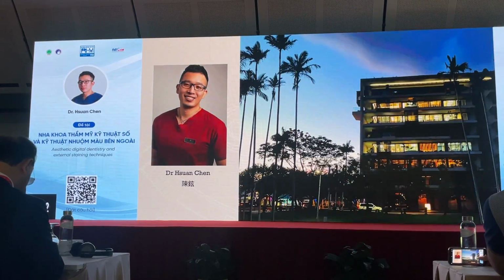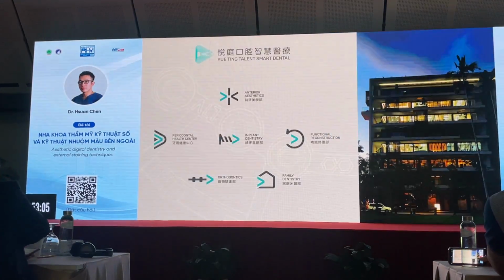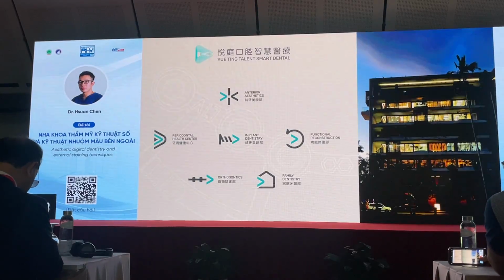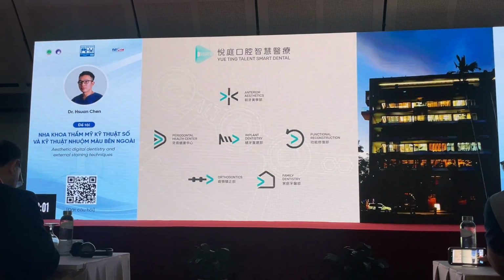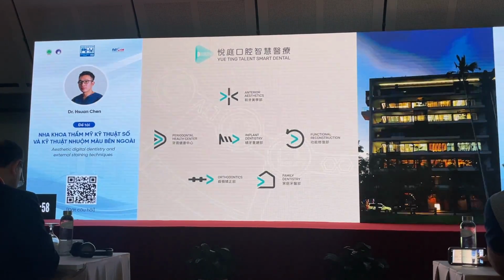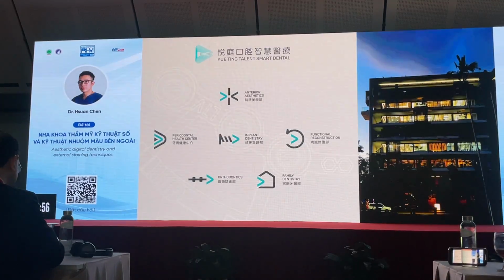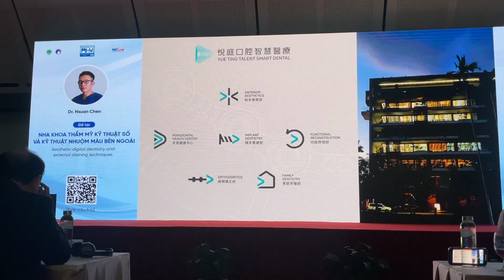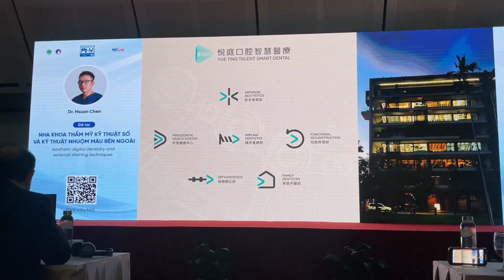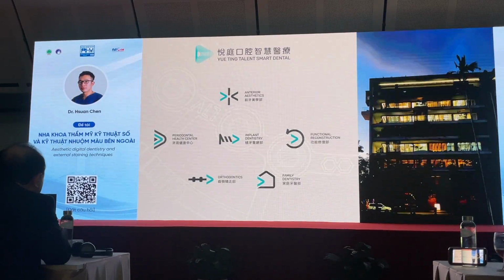So this is currently where I work. And this building, we have 3 floors, number 4, number 6, and number 7. And this is the departments that we have. So in our clinic, our departments are slightly structured a little bit differently. You can see on the bottom, we have orthodontics and family dentistry, so this is very typical. In the middle floor, we have periodontics, implant dentistry, and functional reconstruction, which is for full mouth reconstruction. So they do very difficult implant cases and periodontal cases. And on the top floor, which is my department,